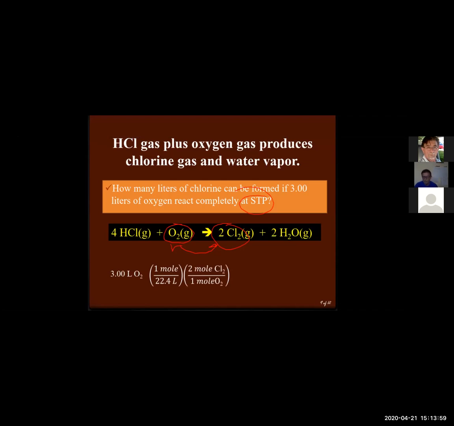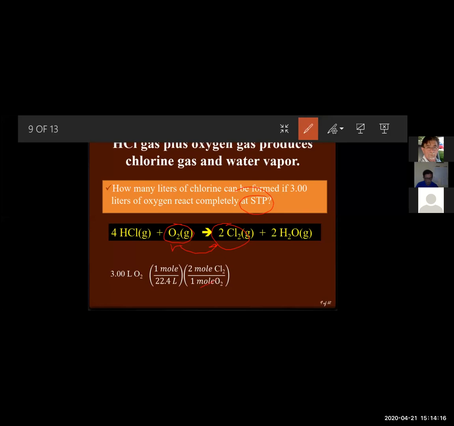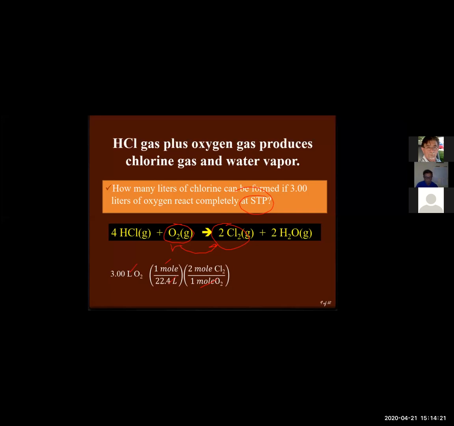The next factor, based on the balanced chemical equation, relates oxygen to chlorine, which is a 2-to-1 ratio. Keeping track of your units, you'll see that moles of chlorine gas are what are left at this point. But we need one more. Since we're at moles of chlorine, we need to convert it back to volume because the question asks what the volume is. Since it's a 2-to-1 ratio, it's simply double the volume of oxygen.